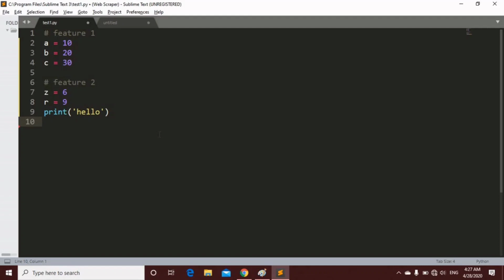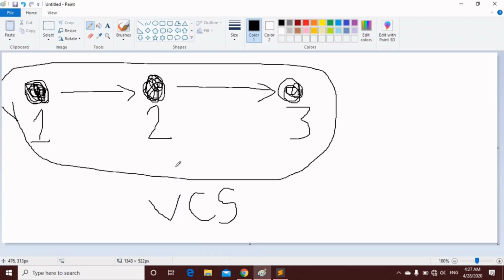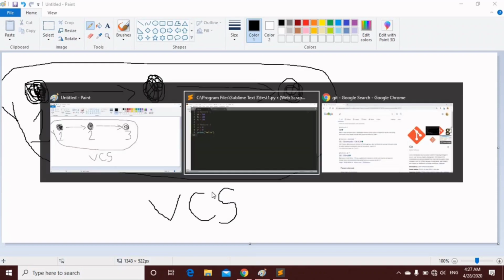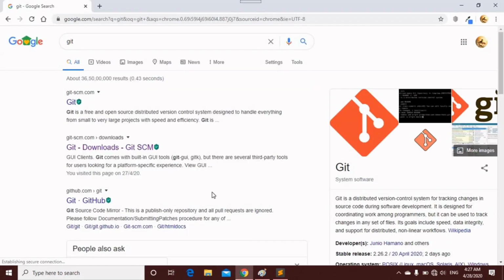That's where version control system comes in. It helps you keep track of all of those versions on its own. You can imagine it does store separate files, but in reality it just stores the differences that you do. Now, what Git is